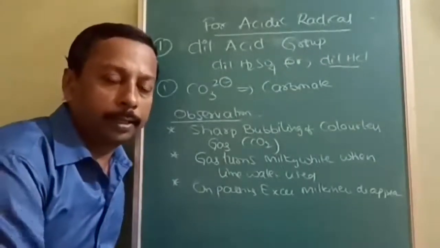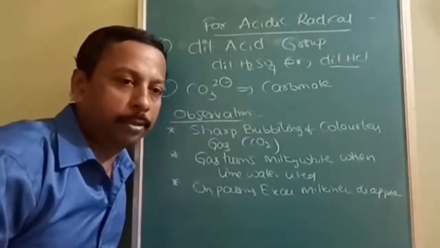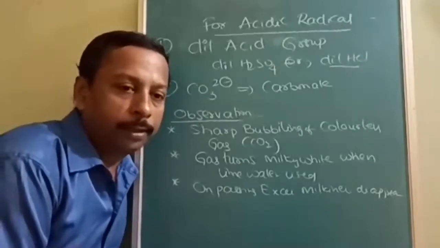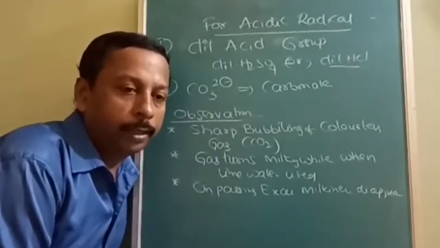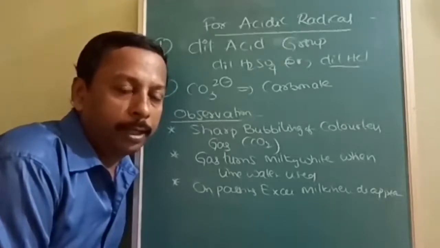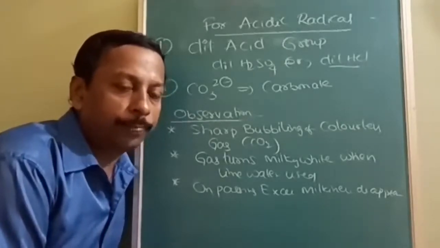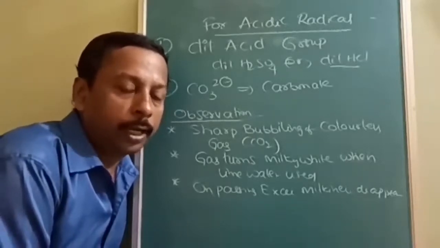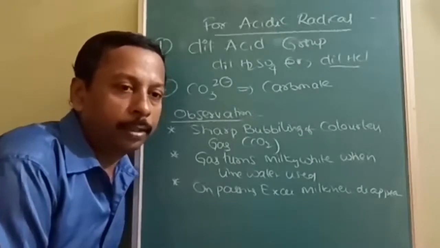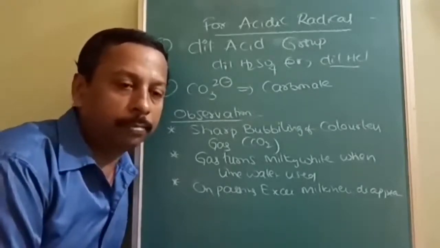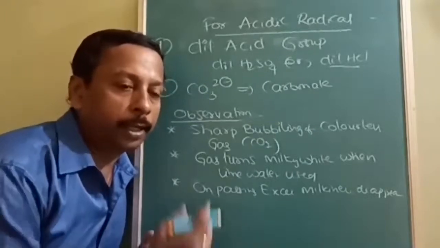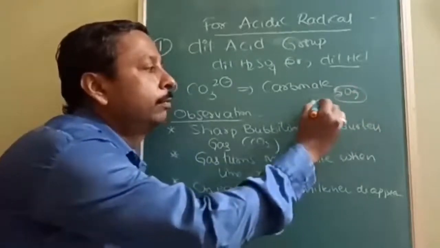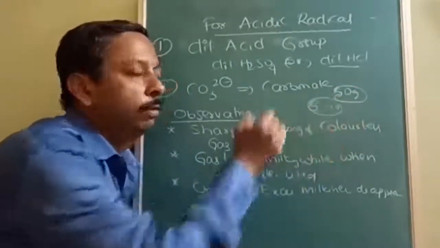Just as of now we have completed only the classification. First you will be given a salt. Then you will divide it into subparts, at least two parts. One part is for identification of the acidic radical. Another part is for identification of the basic radical. Now we are in the first part, identification of the acidic radical. Suppose we are given 50 grams of salt. At least 5 to 10 grams of salt are required for this test.